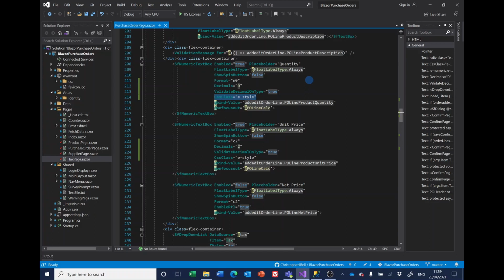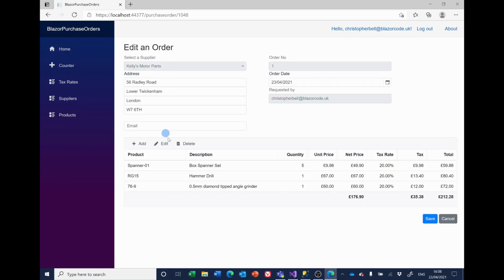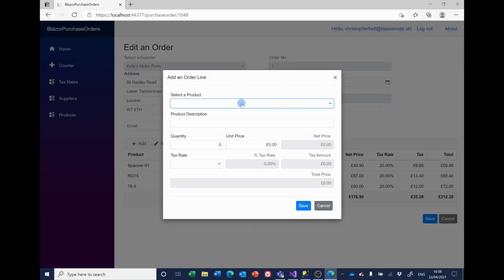Right, onward to the next item, which is the product drop-down list. The next topic I'd like to tackle is the product drop-down list. Currently, if we add or edit a new purchase order line, let's edit one, and let's add a purchase line. If I select product here, I'm given a list of just product codes,